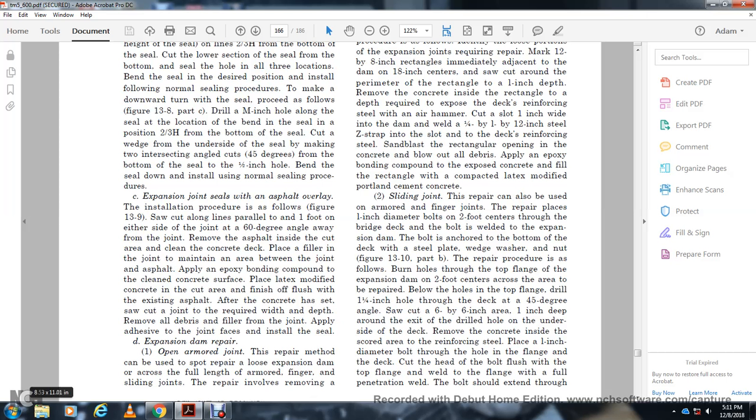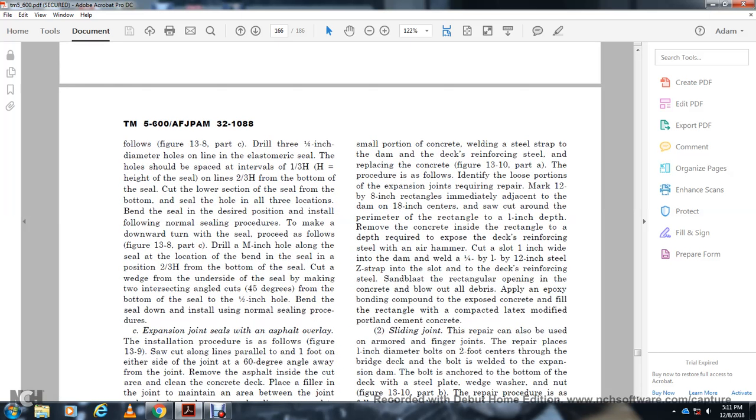Expansion dam repair. One armor joint repair method can be used: spot repair for long, extended expansion dam damage, recovering the full length of the armored finger or sliding joint. The repair involves removing a small portion of the concrete, welding seals, wrapping the damage of the deck, reinforcing, and then replacing concrete with the part. Identify the loose portion of the expansion joint